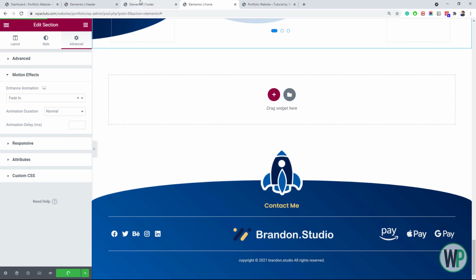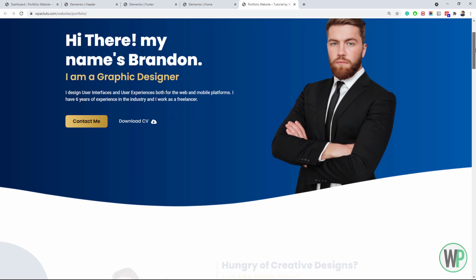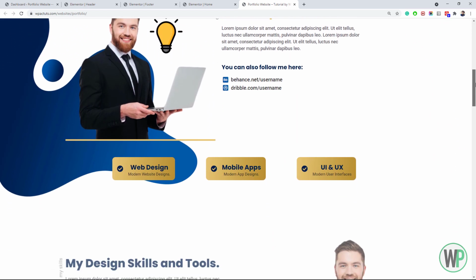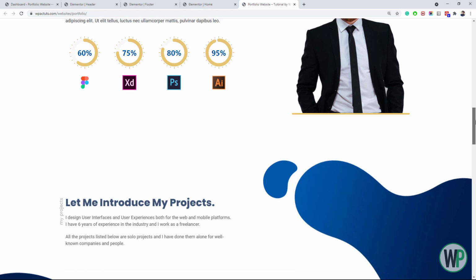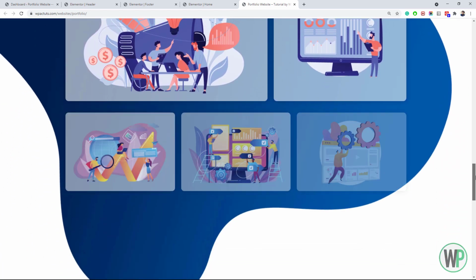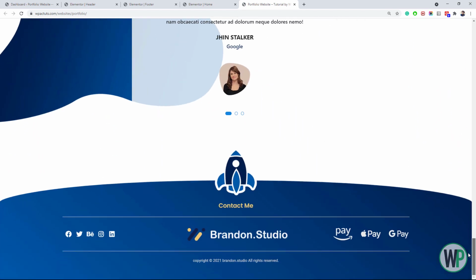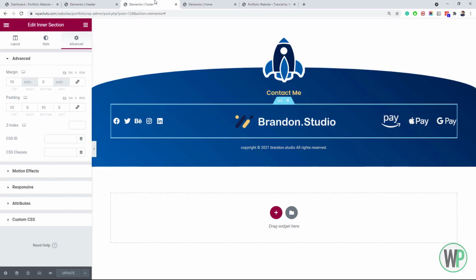And the last thing after the animations is the footer. Let me just reload this and see the animations. Okay, now you will see every section will appear with an animation. That's giving our website a nice and modern look. Okay, now let's move on to the